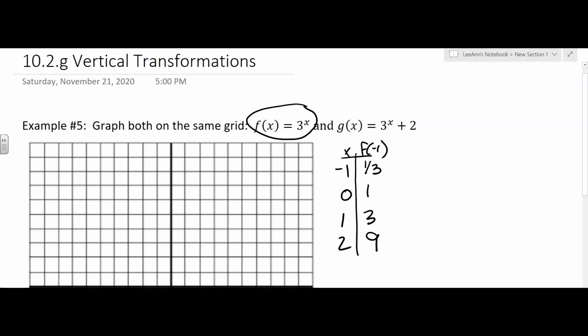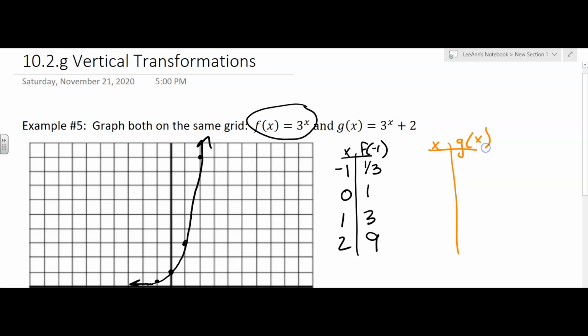Okay, those ordered pairs then look like -1, 1/3, maybe there, 0, 1, 1, 3, and 2, 9, way up here. So it's going up kind of fast, like that, and then it's approaching the x-axis as the x values get smaller. Now when we go to graph the other one, g of x,